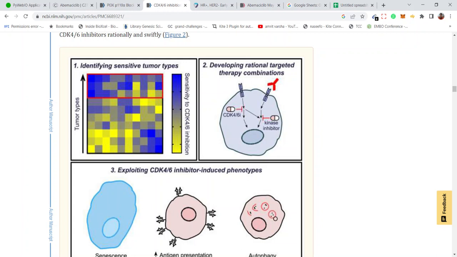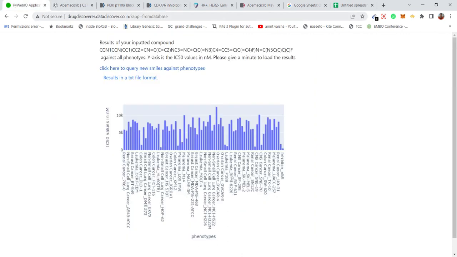We are talking about this because suppose you are a pharmaceutical company, and you have a new novel drug against CDK4, and you want to test in which cell lines it is going to work, right? So whether it will work in some cell lines or all cell lines, and if it works in some cell lines, which of these cell lines? So a very simple use of our software